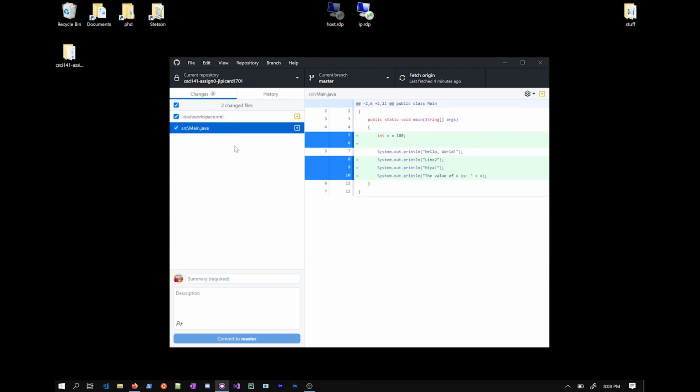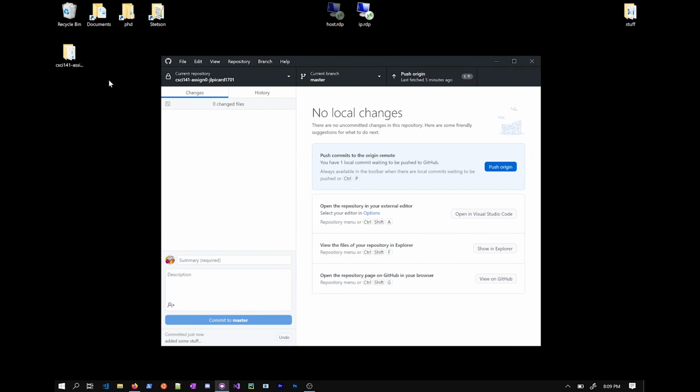But the important change here is the source code file, right? We made these changes here. We want to make sure the professor can see these changes. So I need some kind of commit message to say these are the things I changed at this point. Added some stuff. Not a useful message. All right. Commit that. Now, it's changed my local repository, so I've updated my local repository, but the professor cannot